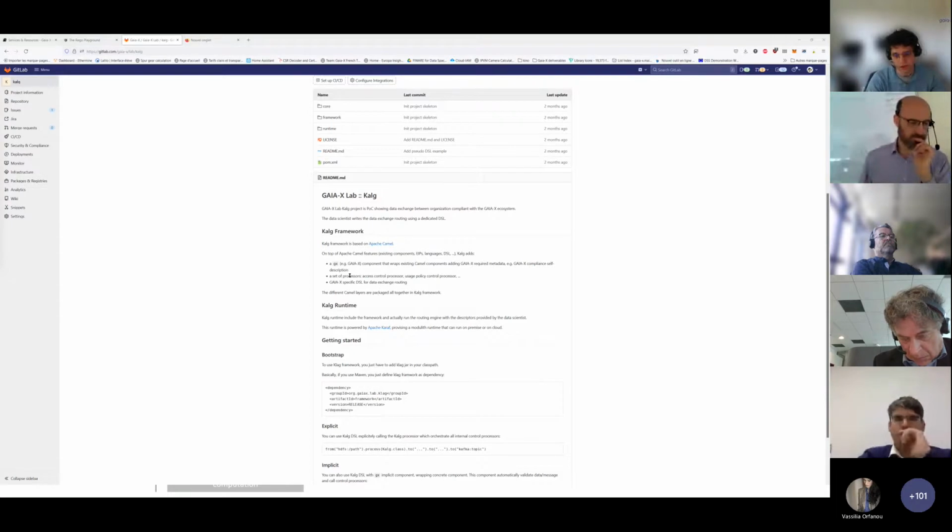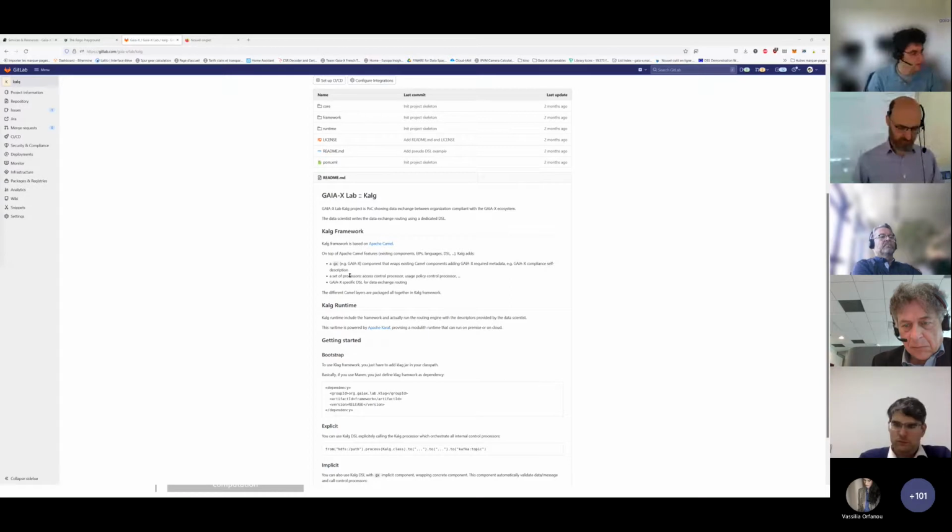As part of this acceleration, we have a new joiner within the association. Her name is Christina, and she will be the project manager for the open source community. So handling the backlog of the labs, but also the GXFS project. And that will speed up significantly our progress there. That will be all for the presentation of the lab.